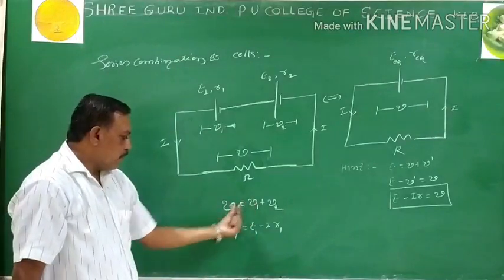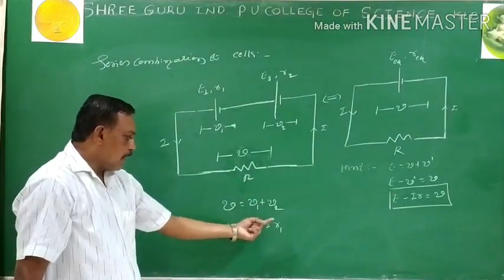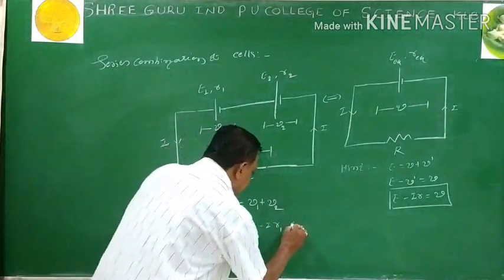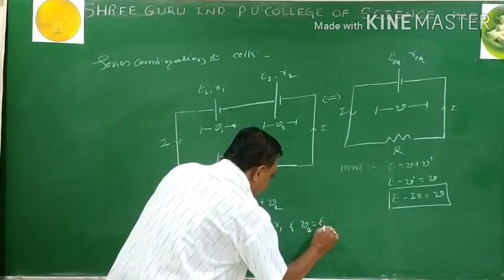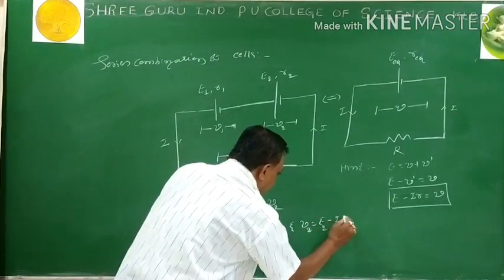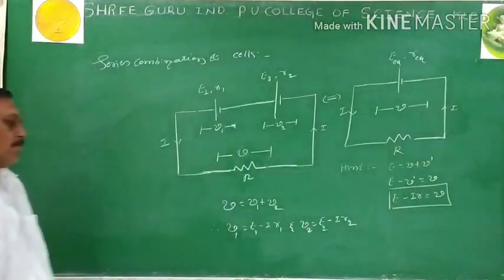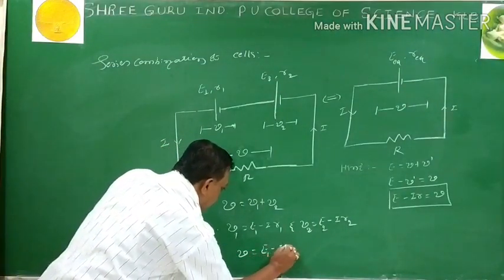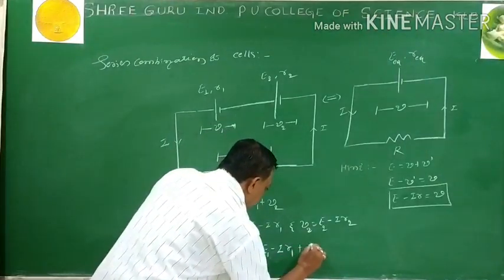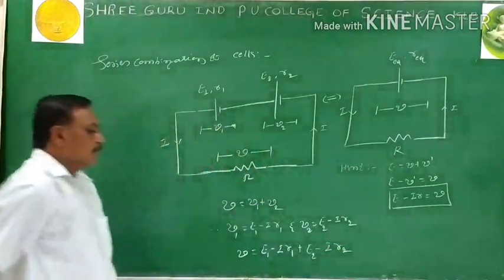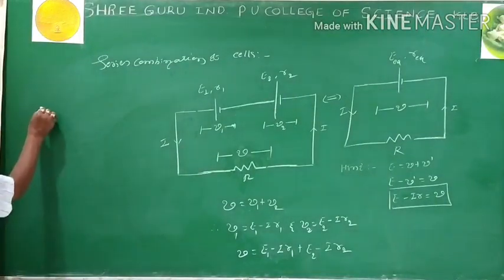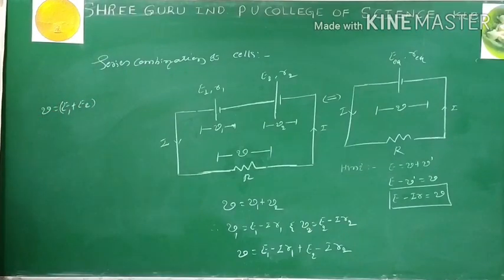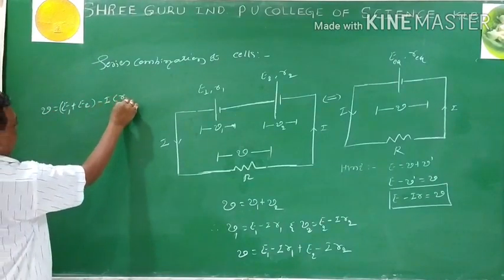So I want to have this V1. I write simply V equals E minus Ir. V1 across E1, E1 has internal resistance R1. And similarly V2 across E2. Current remains the same. E2 has internal resistance R2. And substitute in the equation. Shall I go for the substitution? V equals E1 minus IR1 plus E2 minus IR2. Then I separate the EMFs to one side, E1 plus E2. Then minus I is common. Shall I write R1 plus R2?